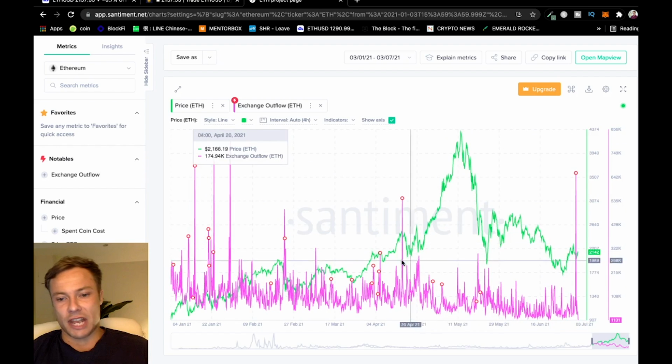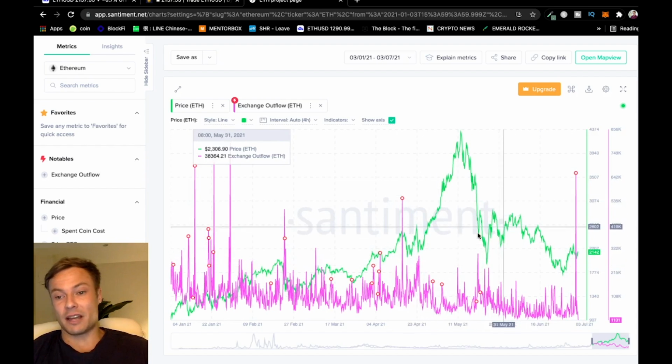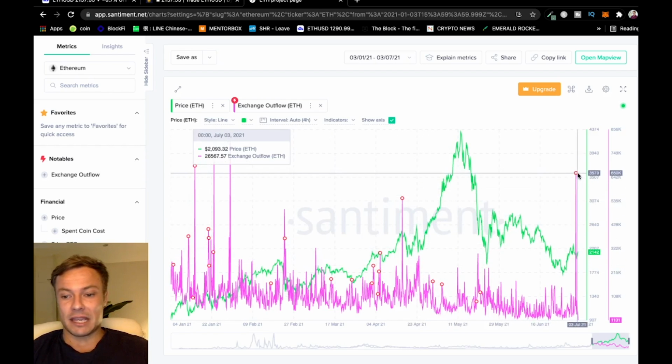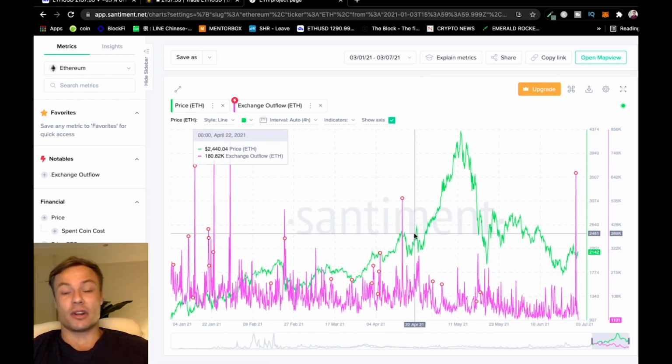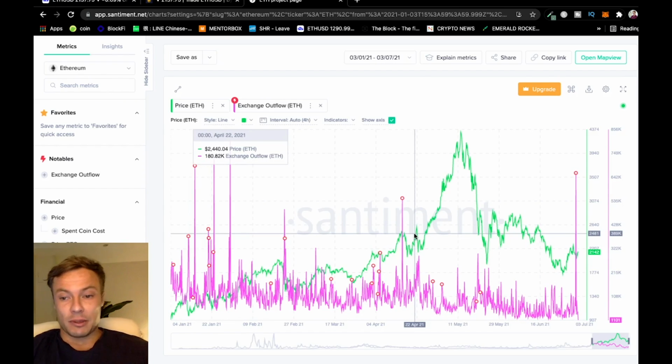But this large area here, we haven't had a peak in the outflow for quite some time, and then suddenly this peak here, back yesterday, is now showing at a very high level. And what does that mean for us? Potentially that means that all the weaker hands have been shaken out, and we are potentially building towards